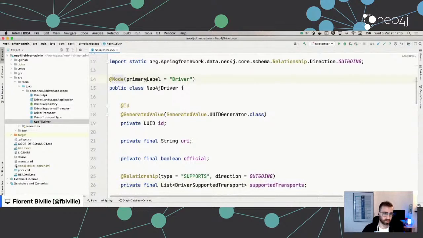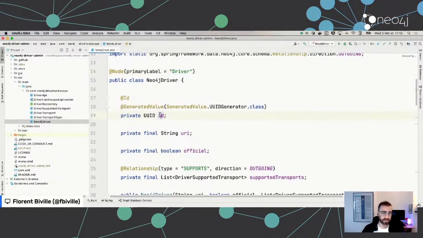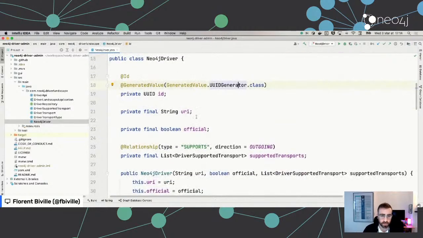What's a driver? It's a node whose main label is driver. The technical ID, so the primary key, so to say, of the node is completely managed by the framework. So whenever it persists a new entity, it will generate the UUID for me, which is reliable contrary to internal IDs or intrinsic IDs of nodes and relationships, because those are just offsets in a file. And of course, due to fragmentation, if you want to avoid fragmentation, you can recycle empty space in those files, and the same offset could point to another record later in time. So those are not stable IDs. That's why I tend, if you don't have a natural business key, to think a UUID generator is the way to go. So yeah, I have an ID, I have a URI for the GitHub project, or GitLab, or whatever you use,